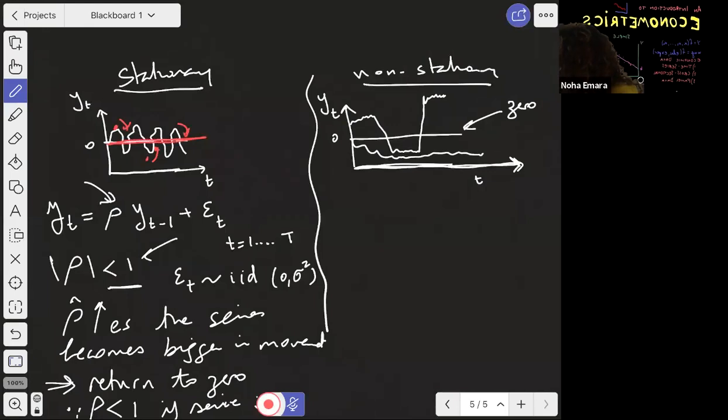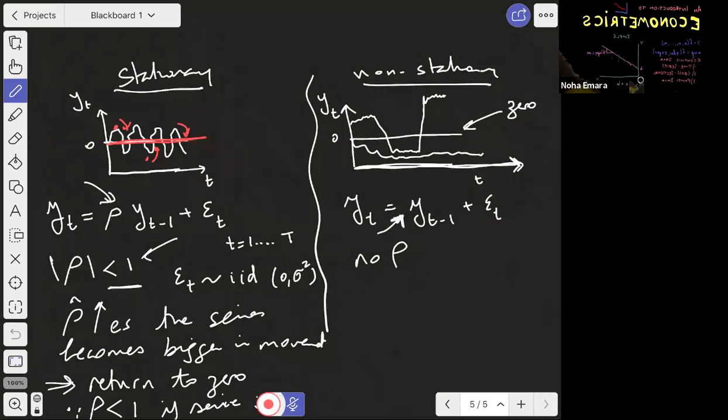For the other one, which is a non-stationary process, you have something like yt is 100% dependent on yt minus 1 plus the error term, okay? So in this situation, as you can see, there is no rho, actually. There is no partial slope, okay? So in that case, you actually have no pressure to go back or to return to the mean or to the 0 mean